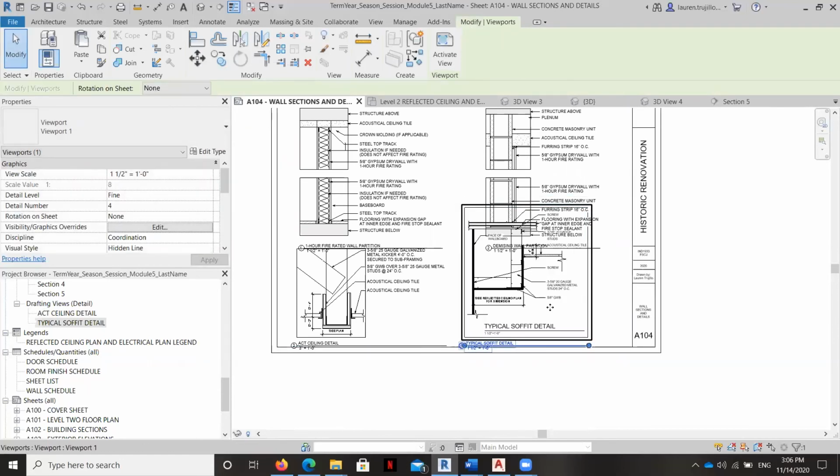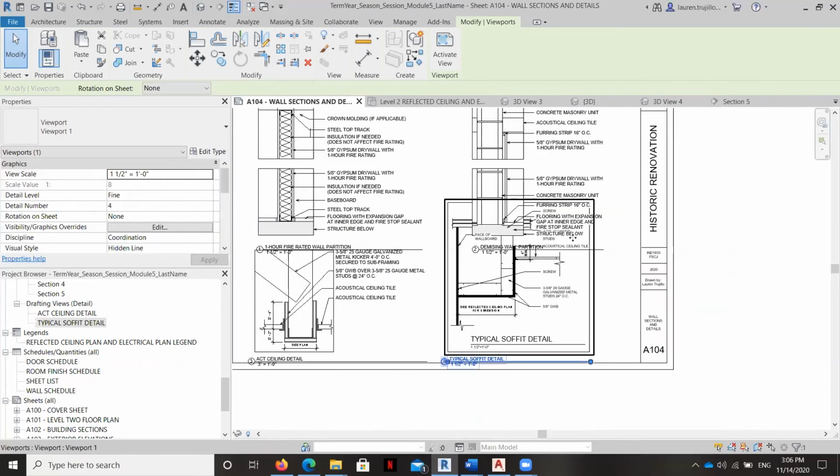This one I am probably going to have to bring down the size just a little bit because that's maybe going to be a little bit more work. We'll see what I can do once I pause and mess with it. But if you look at these two, even before we mess with our graphic standards and make it look good, you can see that we have the two special ceiling treatments that we did. We've got the soffit to acoustical ceiling tile, and then we've got where we have created a wall opening, and there's acoustical ceiling tile on both sides.